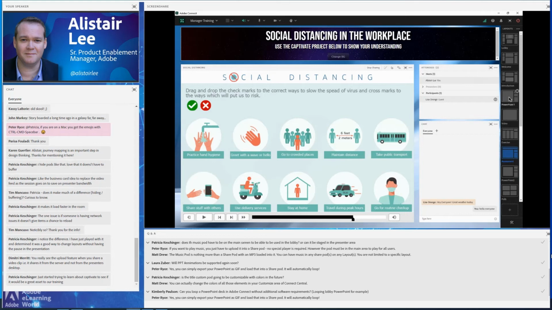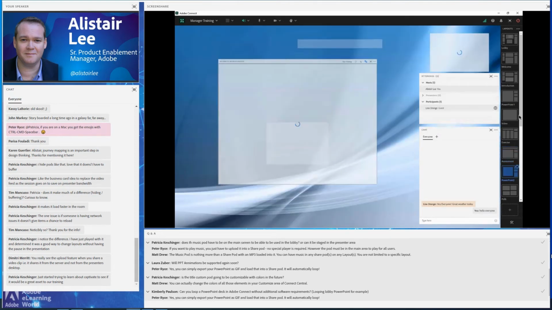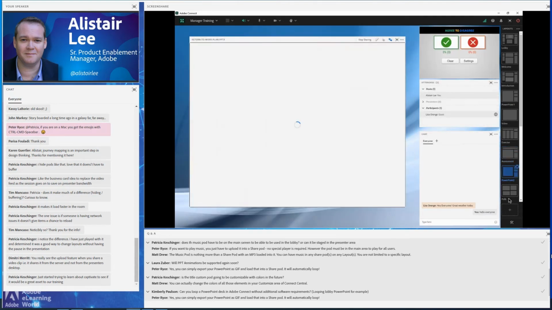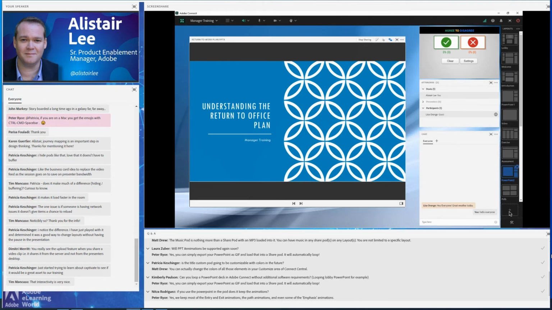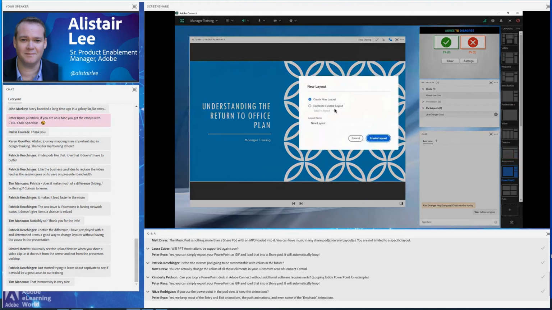The layouts here control my flow. So if I'm going back to my PowerPoint slides here, I could click back on PowerPoint up here, or I can simply duplicate a layout and have it be pretty much the same layout so that it's in my storyboard, in my layouts panel, reminding me that after this assessment, I want to go back to PowerPoint slides. So it's really easy to duplicate layouts in Adobe Connect.